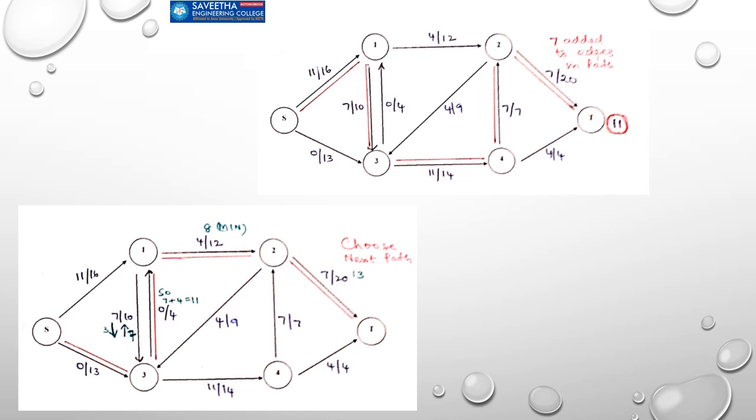So which is the minimum value? As we found in the previous slide, it is 7. So we are adding 7 to all the edges in this particular path. That is why we have arrived at these values. Initially it was 4 here, so 4 plus 7 is 11, and so on. Already it was 4, now we added 7 using this path, so 4 plus 7 makes it 11.